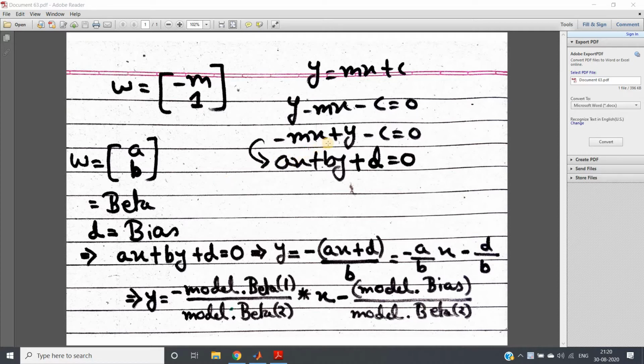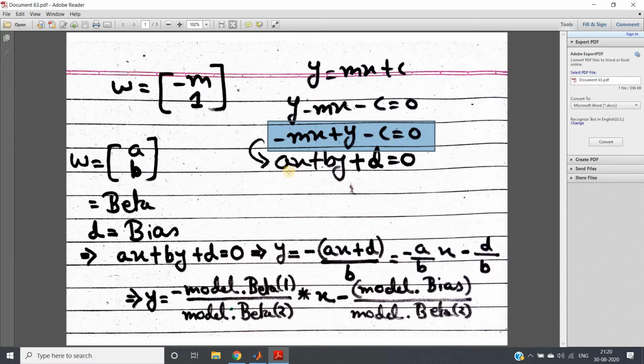We have seen how we got this omega, which is a very important part of SVM. We started with y = mx + c. We took all the terms to one side and got 1·y − mx − c = 0.